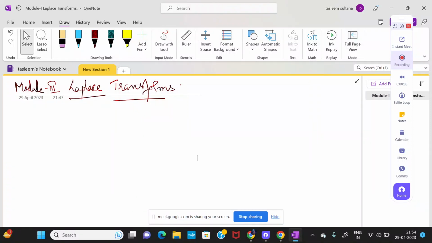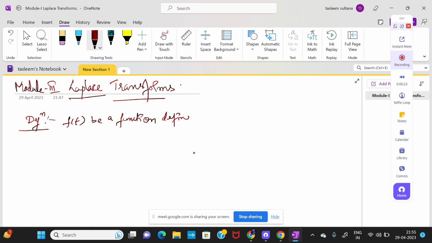Yes. In today's class, Laplace transform. The definition of Laplace transform. Let f of t be a function defined for all positive values of t. The Laplace transform of f of t is denoted by